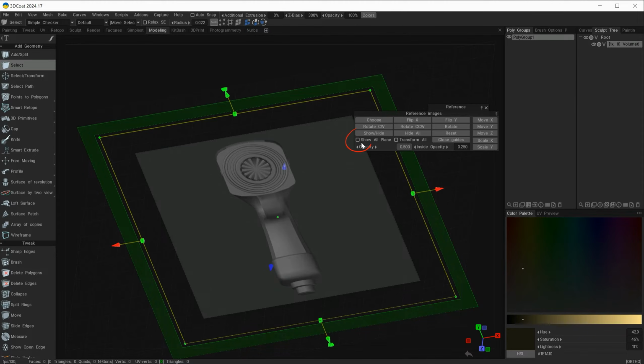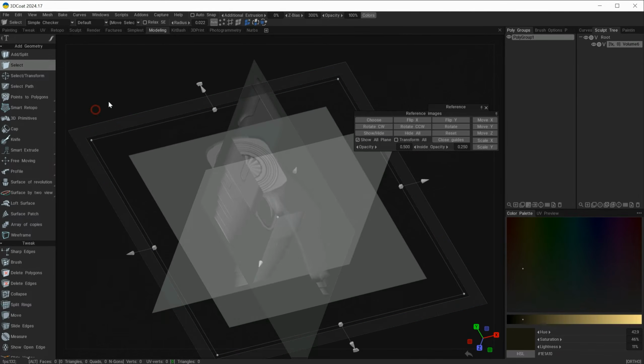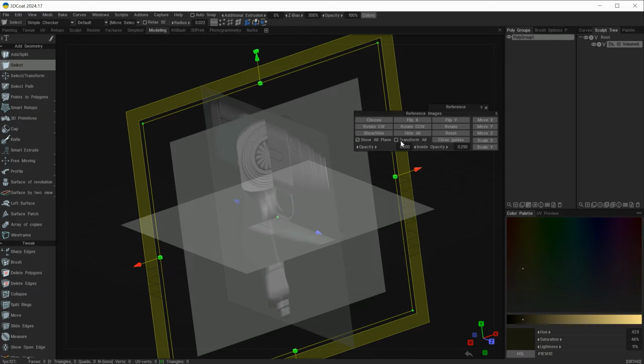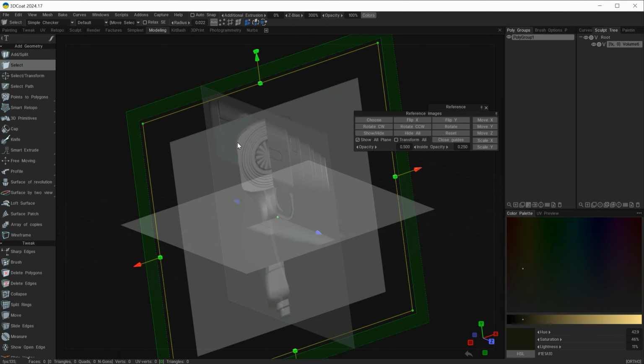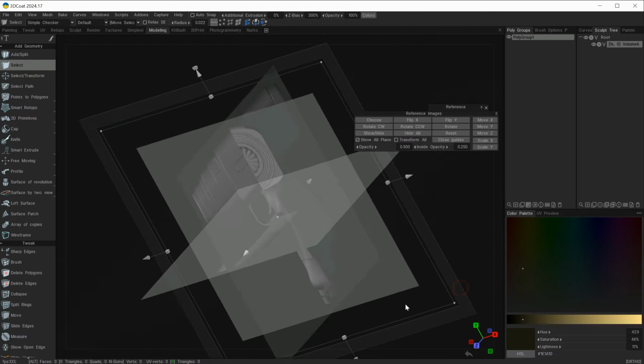I'm going to click this option here, which says Show All Planes. And now I can see all the planes at once. If I want to transform all the planes, let's say for example, I want to scale them all uniformly in each axis, I will choose this option here, Transform All. Let's now move over to our